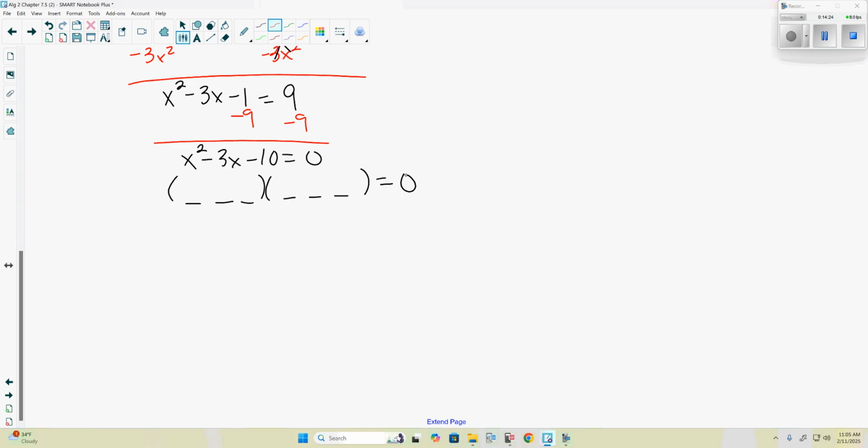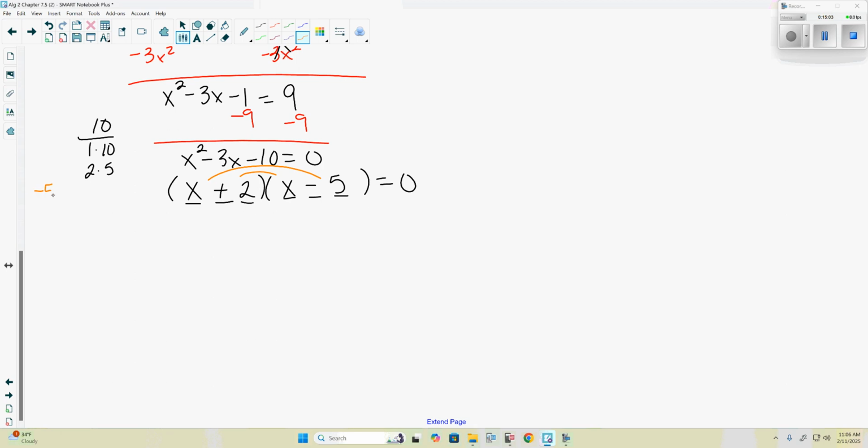Since the number in front of the x squared is 1, there's a good chance it'll graph nicely. But we could probably at this point factor it just as fast. Since the 10's negative, our signs are opposite. Factors of x squared are x and x. Now the factors of 10 are 1 and 10, 2 and 5. The 2 is first, 5 is second. And if we do check this here off to the side,